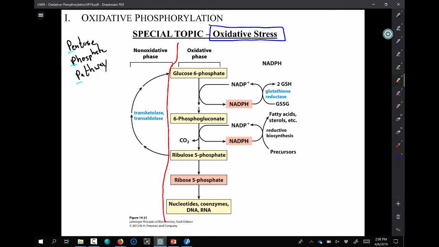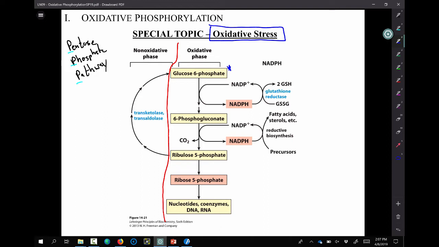But one of the phases would be considered the oxidative phase. That's really what we'll be concentrating on. That would be everything to the right of that line that I just drew. The non-oxidative phase is important in many cell types. I'll mention it, but I'm not going to go into it in a lot of detail. Now, the pentose phosphate pathway starts at a hexose. Glucose 6-phosphate is where it actually starts. Of course, glucose 6-phosphate is the product of the trapping reaction, hexokinase, the beginning of glycolysis as well.